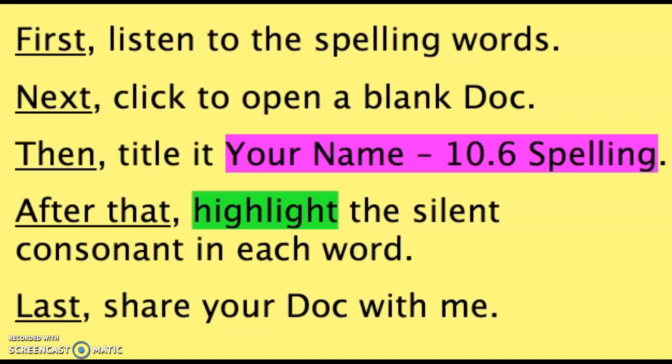at the bottom of this page to open a blank Google Doc. After you do that, you're going to title that Google Doc with your name and 10.6 spelling. Then your job is to highlight the silent consonant, so the letter that's not pronounced in each word. The last thing you're going to do is share your Google Doc with me, and then I'll give you feedback